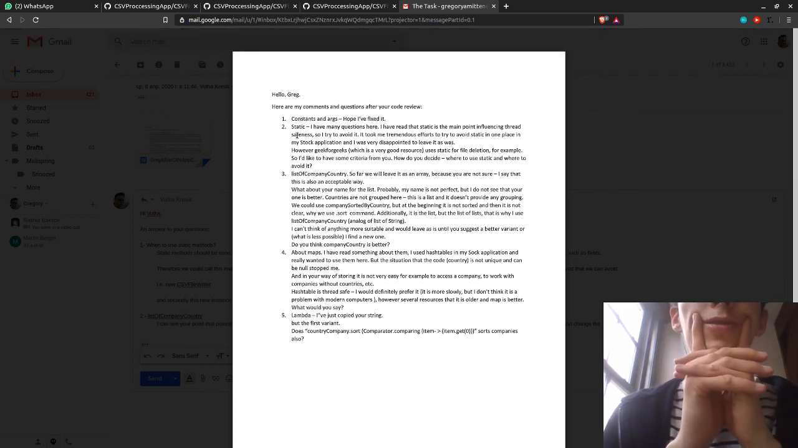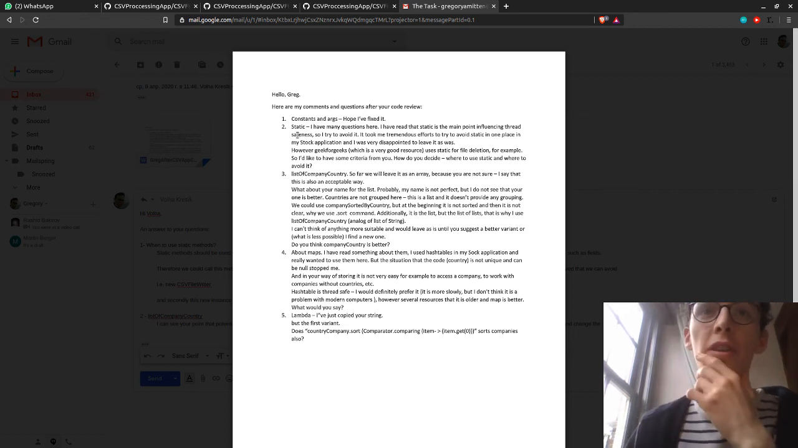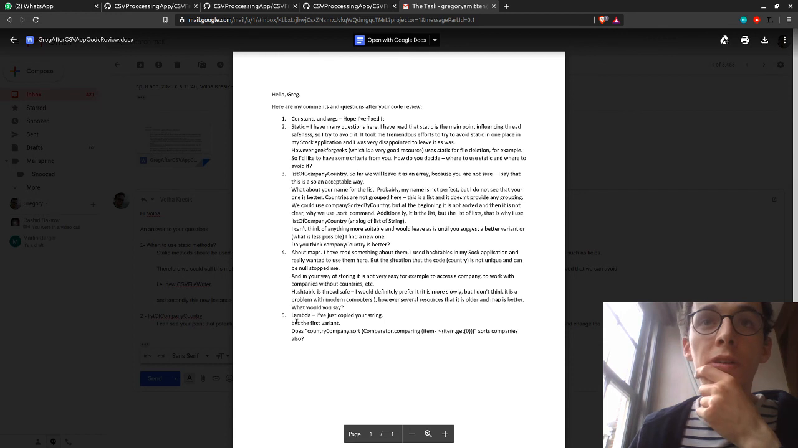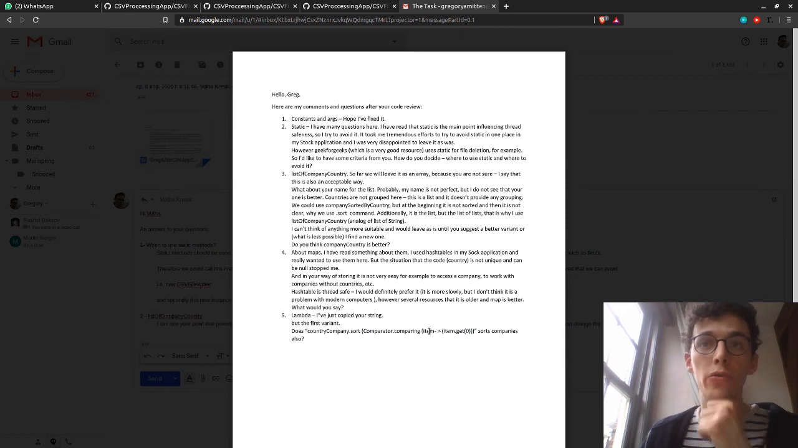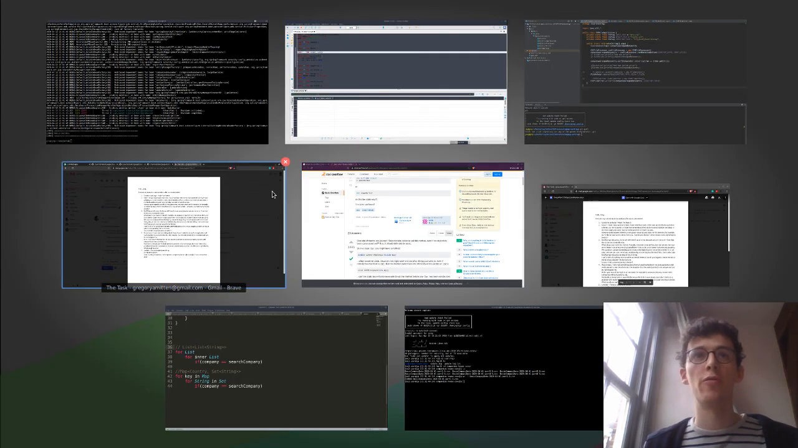About maps, hash, tree, set. What would you say? I think map is definitely, as I've said, I think map is definitely better. Lambda, I've just copied your string. Does comparator comparing item to get 0 sort companies also? I think this is what I suggested, and I think it does,